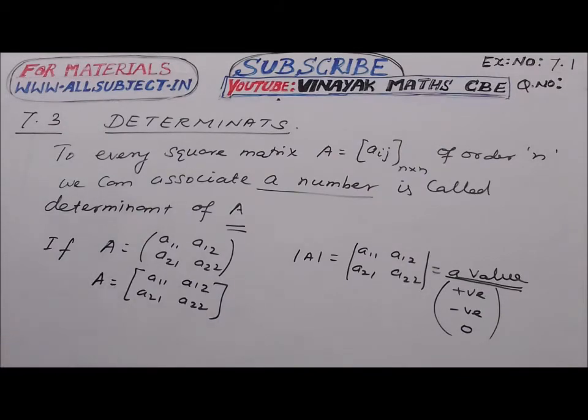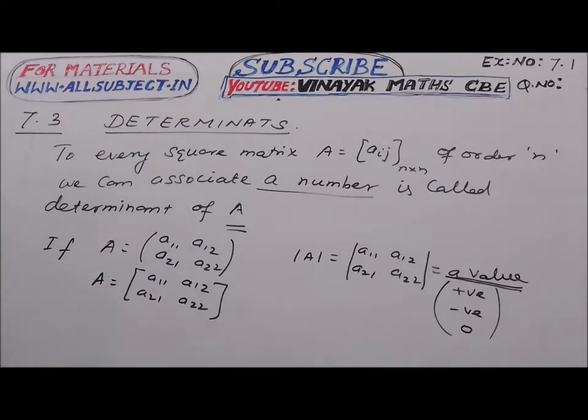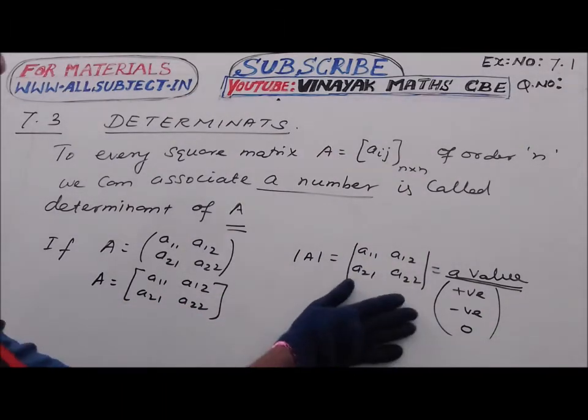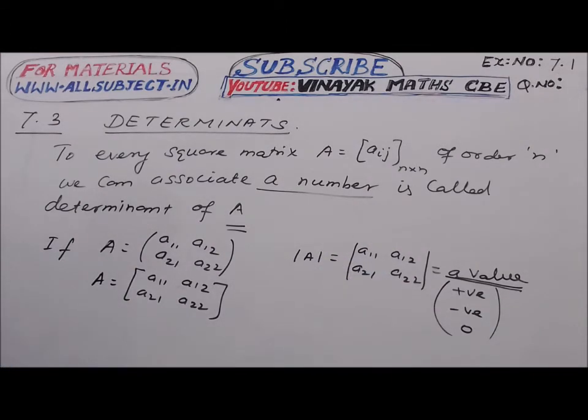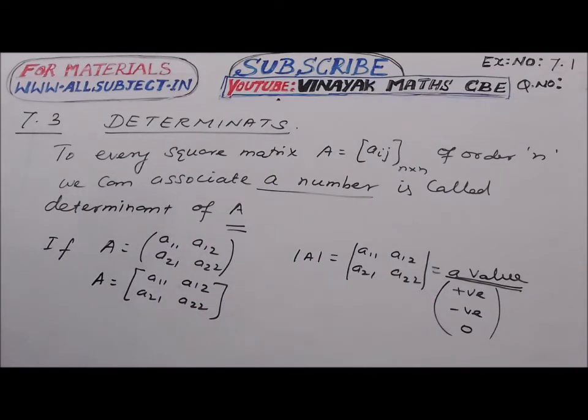And a matrix may be of any order. If we choose a matrix, it may be of any order. But determinants are formed only from square matrices. We can form a determinant by use of square matrices. So a determinant should have an equal number of rows and columns. A matrix may be of any order, but a determinant should have equal number of rows and columns.